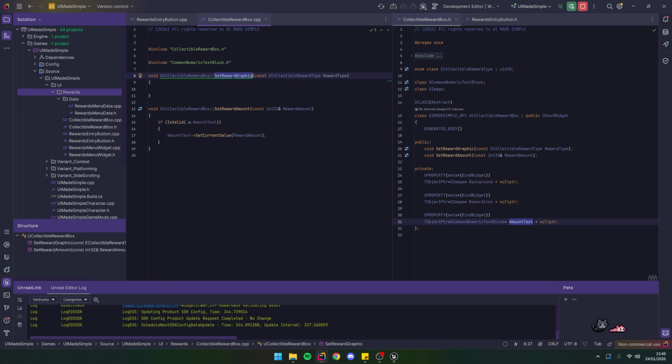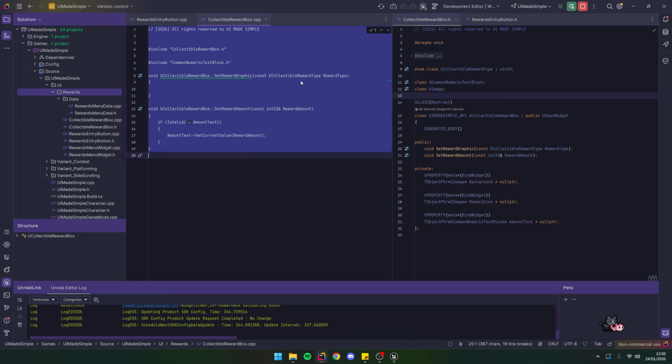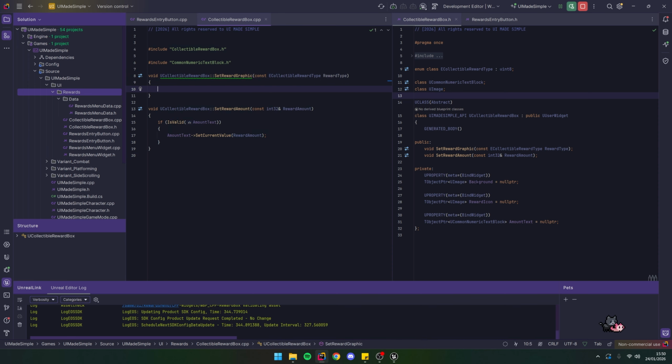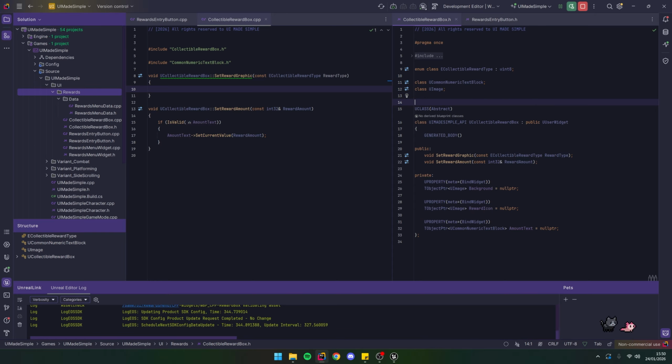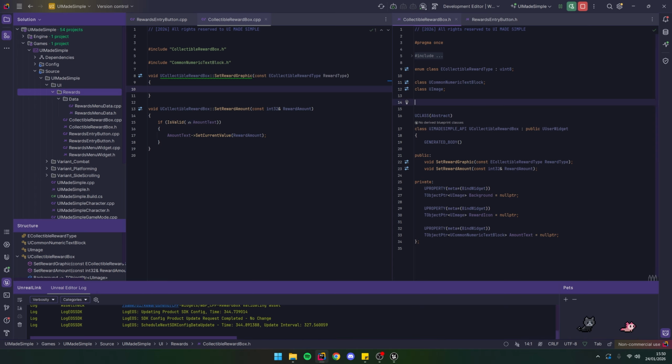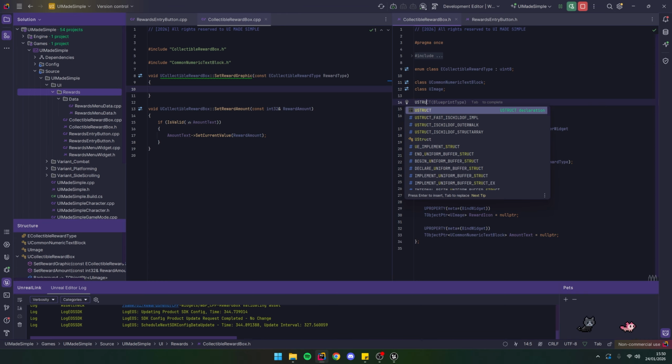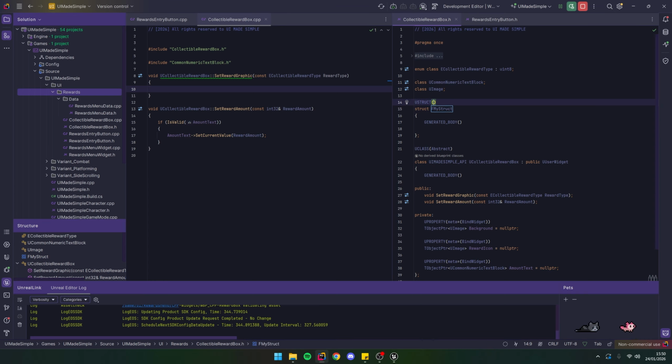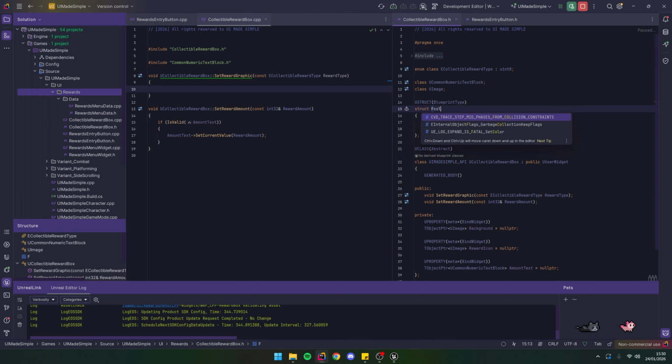What I'm going to do for this reward graphic is create a mapping for my images, so I only need to set them once in the editor, assign them a type, which is our enum type, and then we will pass them to the background and the icon. So in the header of the reward box, I'm going to create a new struct, which is going to be a U struct. It will be a blueprint type struct, and then I will call this F collectible reward